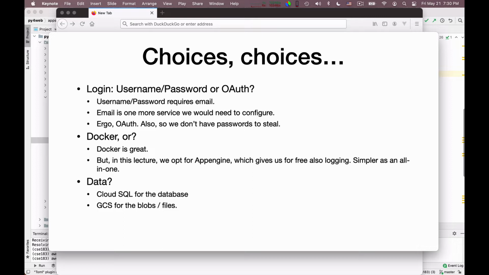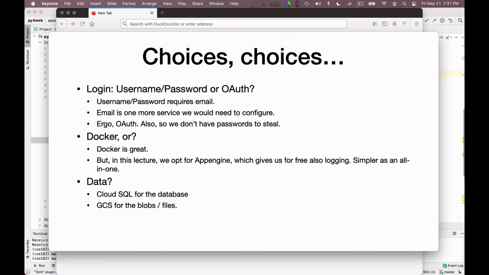Then there is the question, where do we store the data? My choice for this video is to use Google Cloud SQL, which is a really good match for the database abstraction layer that we have been using, and also for the file and blob storage, that is for storing larger objects, Google Cloud Storage, which is the same storage infrastructure we have seen in the video on how to upload and download files to Google Cloud Storage, of course.